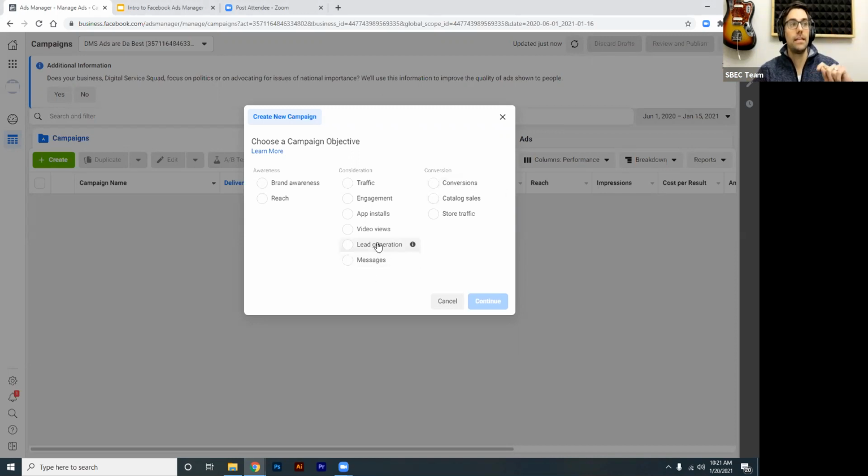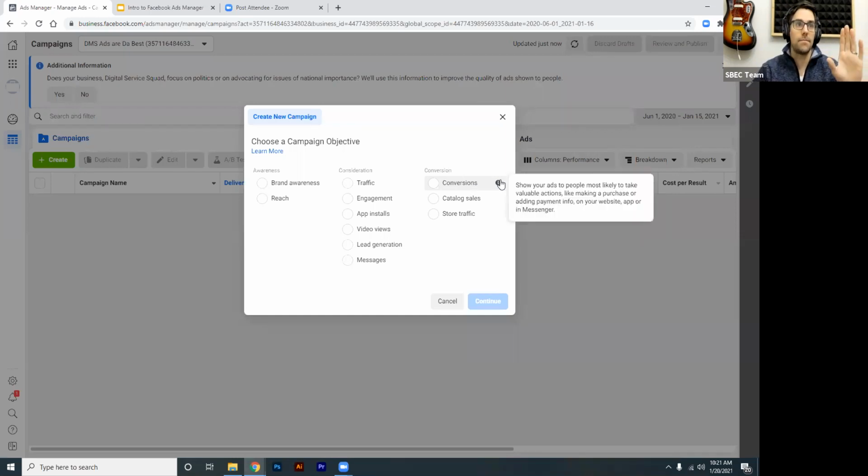We're going to create a lead generation ad today because, well, a couple of reasons. So again, conversions. If you were to select conversions, that means showing your ads to people who are most likely to take valuable actions, like making a purchase or adding payment info on your website, app, or in Messenger. That's great for